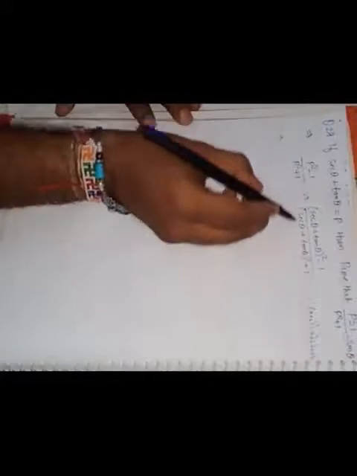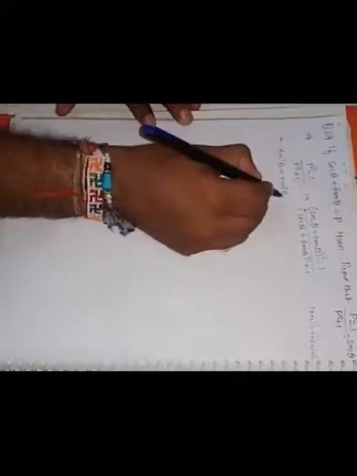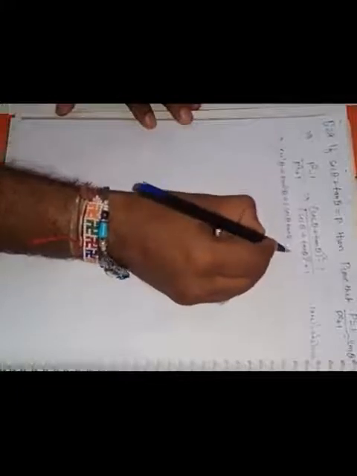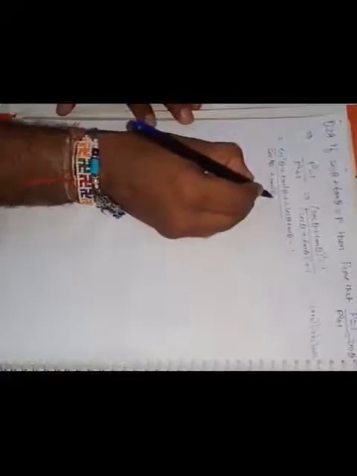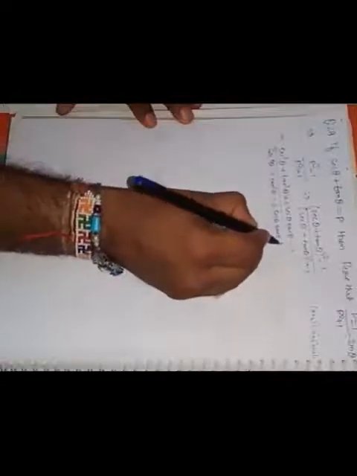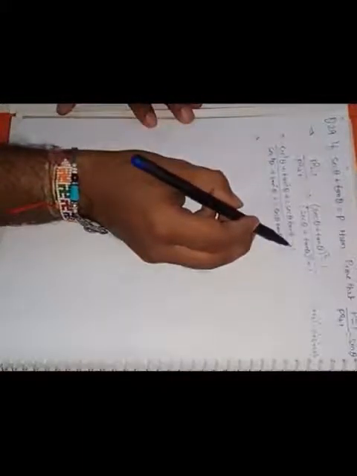So by this we will expand this value: sec square theta plus tan square theta plus 2 sec theta tan theta minus 1 divided by sec square theta plus tan square theta plus 2 sec theta tan theta plus 1, correct? Here we are going to write the sec square theta with minus 1, so I can write this